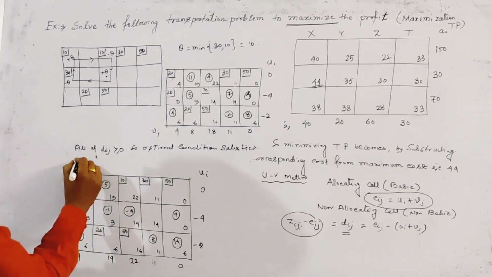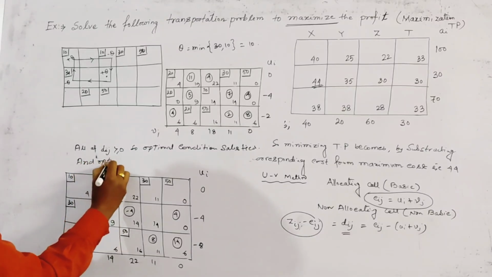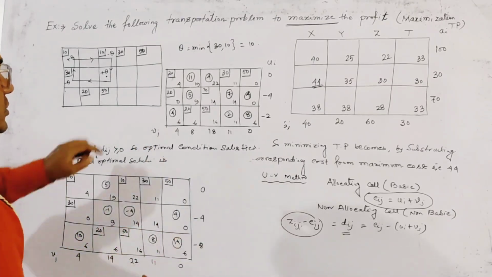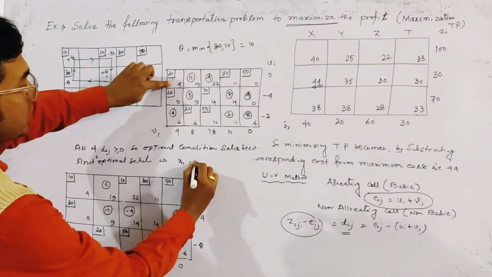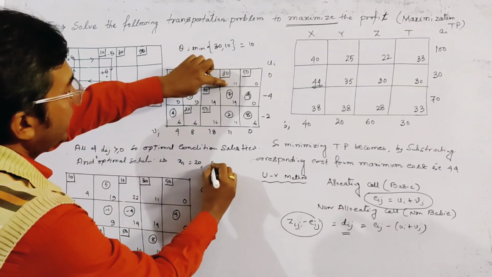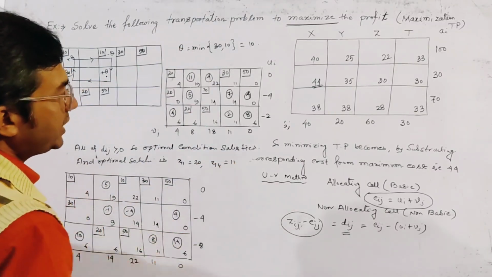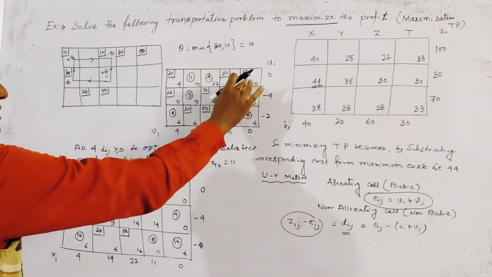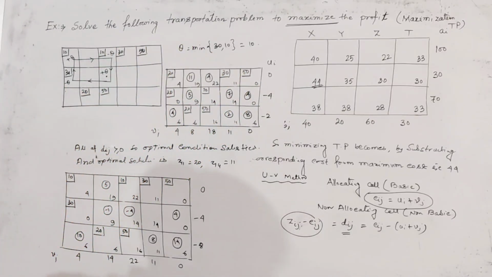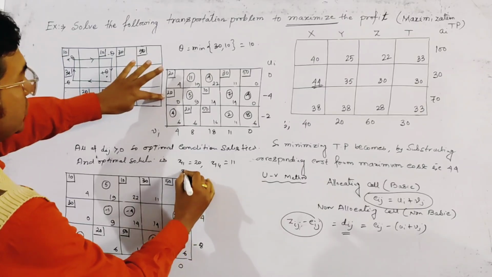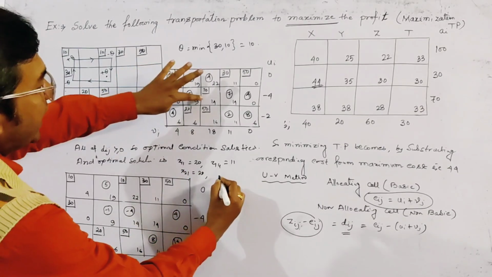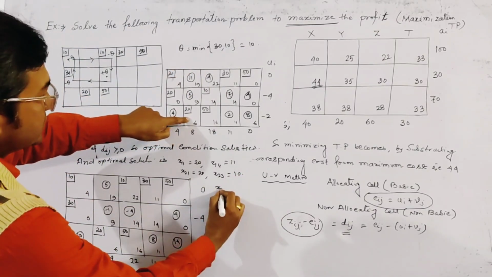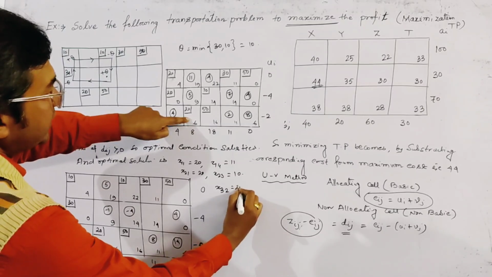And the optimal solution is, we write the optimal solution: x11 is equal to 20 units, x14 is equal to 11 units. We cannot count this because it is in the dummy column. Okay, this allocation has no physical existence. And we write x21 is 20 units, x23 is 10 units, and x32 is 20, and